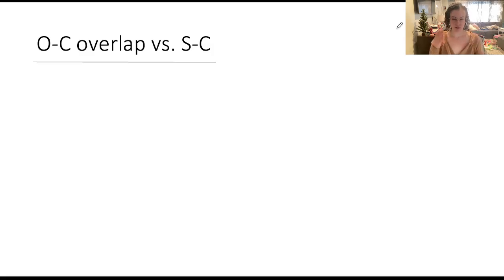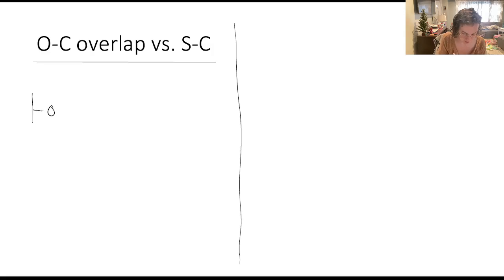Let's try to understand through drawing in a little bit more detail what's going on to make the CoA so high energy. And I want to compare the thioester bond to a regular old ester bond. So here is an ester bond that you all should be familiar with, right? What's happening with this bond is that,